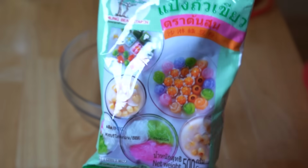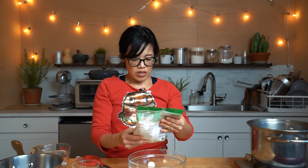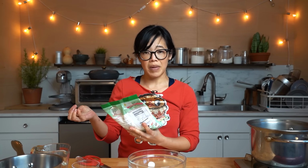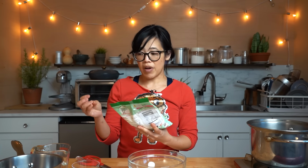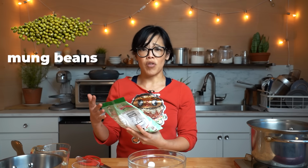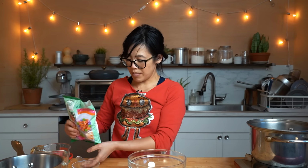So here's my mung bean flour. I'm using this brand I found at my local Asian market. And is there a picture of mung beans? You can't see the picture of mung beans, but typically you can find whole mung beans at your Chinese market, Asian market, and they're green beans. You can soak them and use them for all kinds of dishes. When they're cooked, they turn yellow and they have a lovely starchy texture to them. But this starch has been extracted from crushed beans. So we're going to take 1 cup of the starch